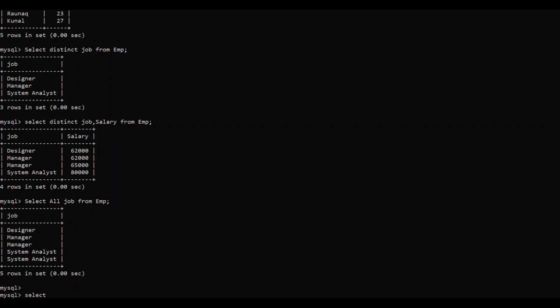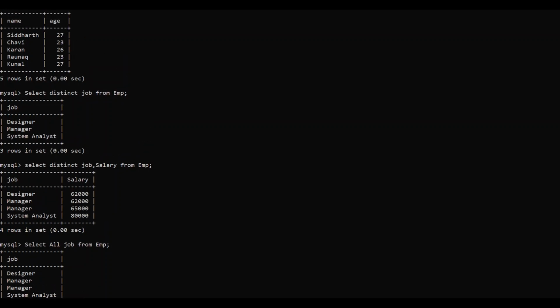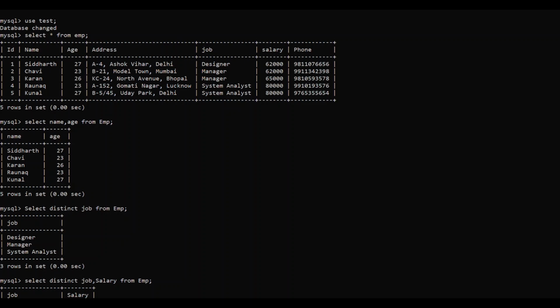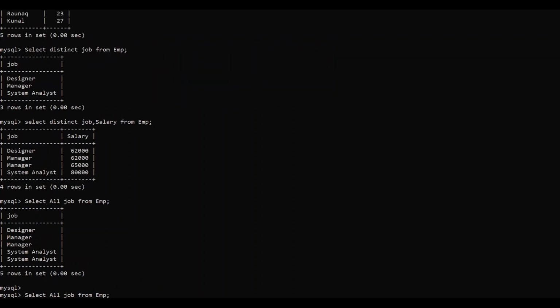If I want to see the name of employees with their annual salary. So for the name part, my column name is name only. If I write select name from EMP, name, comma, salary, and then let us say I want the annual salary.